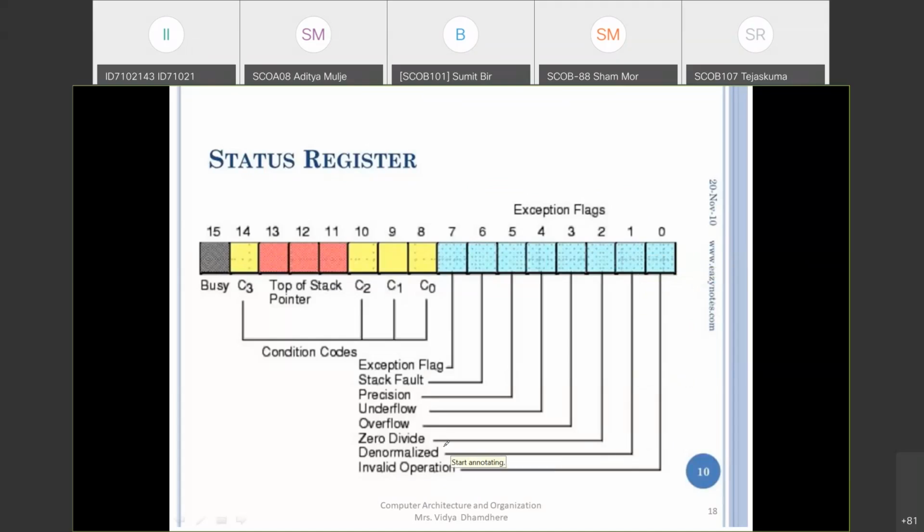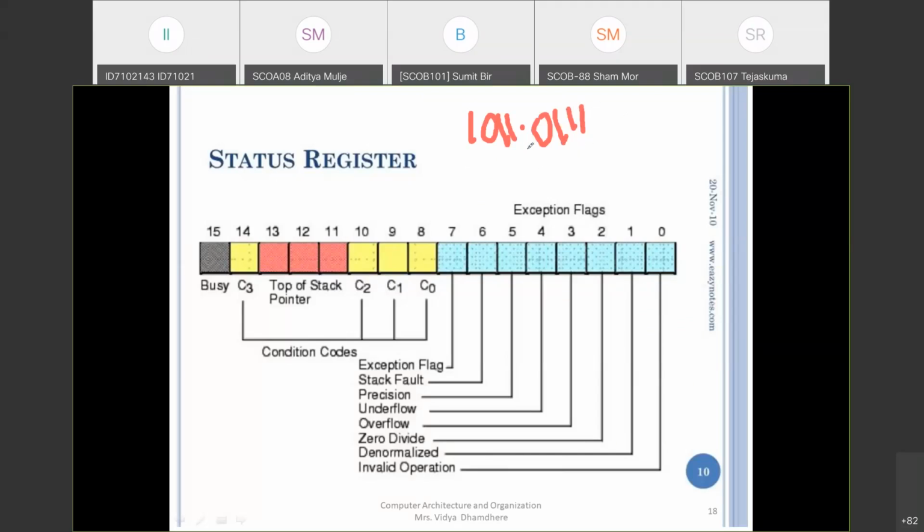What do you mean by normalization and denormalization? We have seen this in the second unit, in the IEEE standard single precision and double precision formats. Whenever we are getting data, for example 1011.0111, this data is in a denormalized form, and I want to perform normalization on this data.